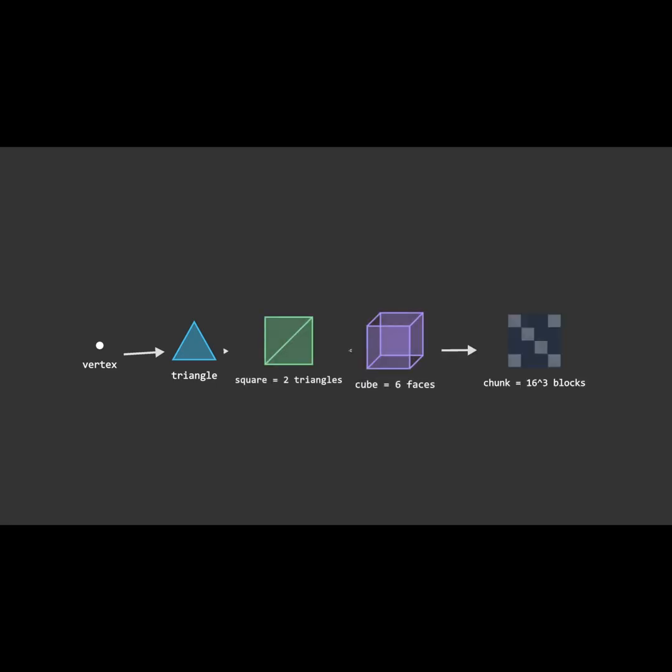A vertex is just a point with extra information: position, UVs, texture IDs, maybe lighting. A square is formed by two triangles. A cube is six squares placed in 3D perpendicularly. A chunk is a fixed block of world data, in my case 16 by 16 by 16 blocks. So the job is not draw Minecraft, the job is convert block data into vertices and indices that the GPU